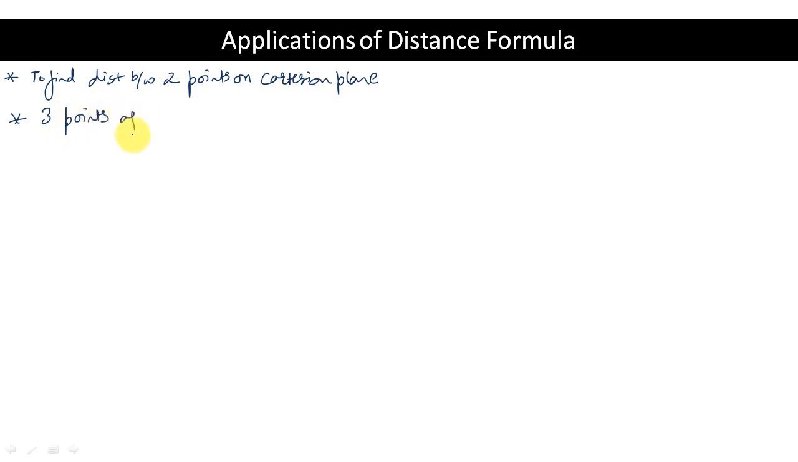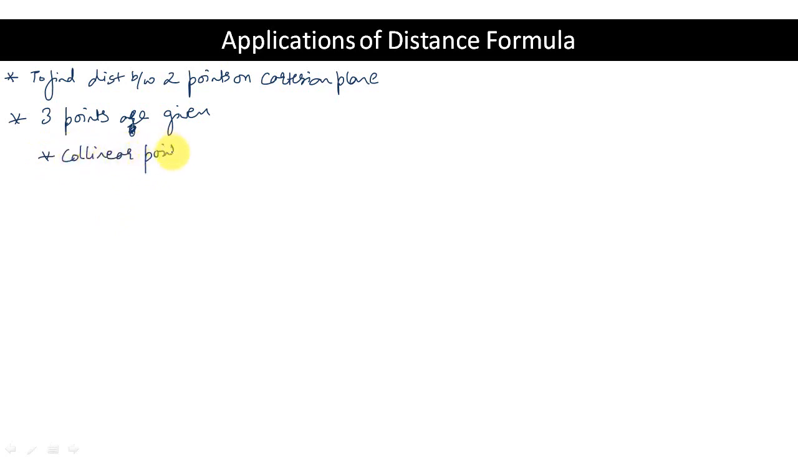Okay. So what are the applications of distance formula? First application is to find the distance between 2 points on the Cartesian plane. Next, if 3 points are given on the Cartesian plane, then what all can we check? We can check whether the points are collinear, or they are forming an isosceles triangle, or they are forming an equilateral triangle, right triangle. So condition for collinearity,